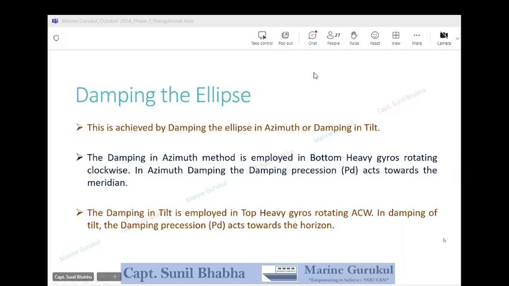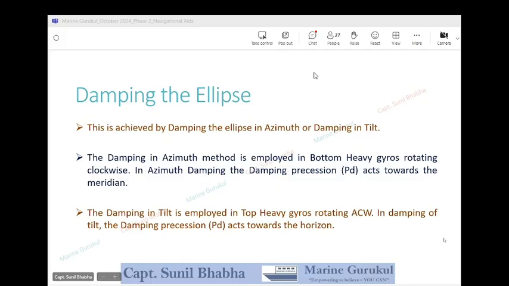It basically means that whenever the spin axis goes above the horizon, the damping precession tries to push it downwards back to the horizon. And whenever the spin axis goes below the horizon, it tries to push the spin axis